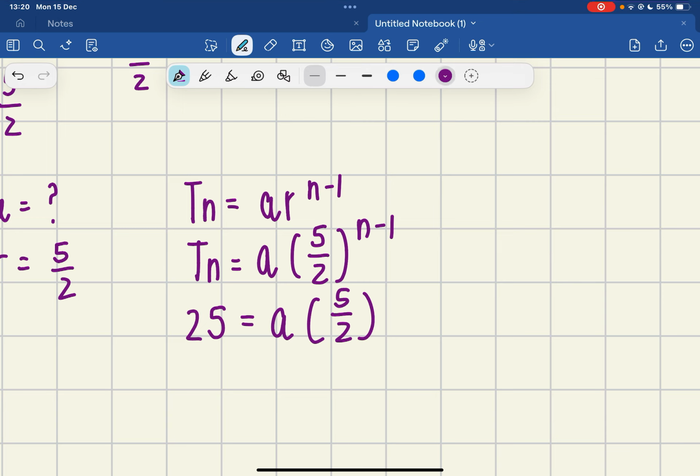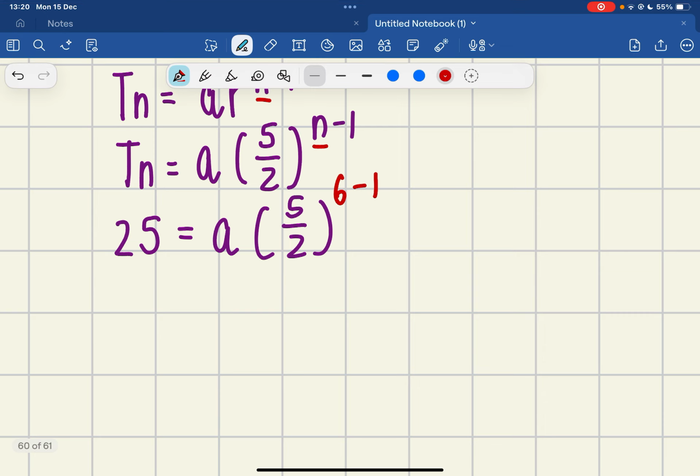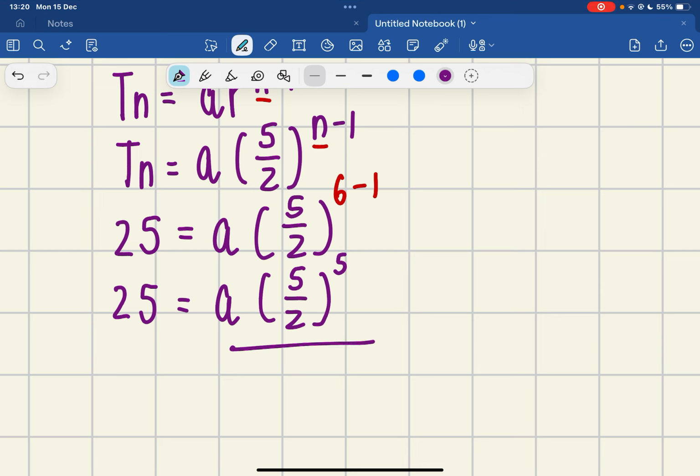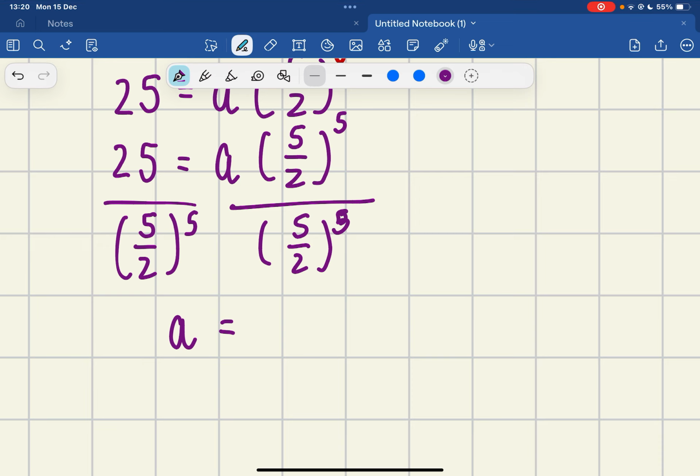Remember, n represents the term, and we say 25 is the sixth term. So we'd say 6 minus 1. All right. And from there on, we'd say 25 is equal to A, 5 over 2 to the power of 5. We'd divide both sides by 5 over 2 to the power of 5. Thus, A would be equal to,